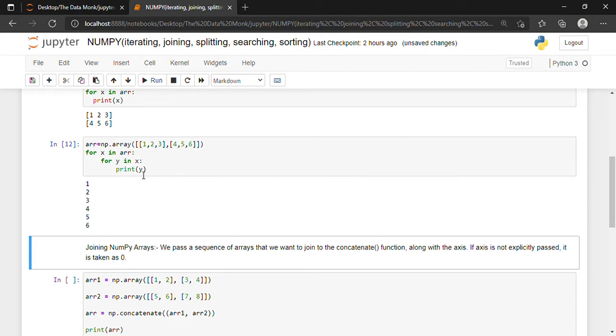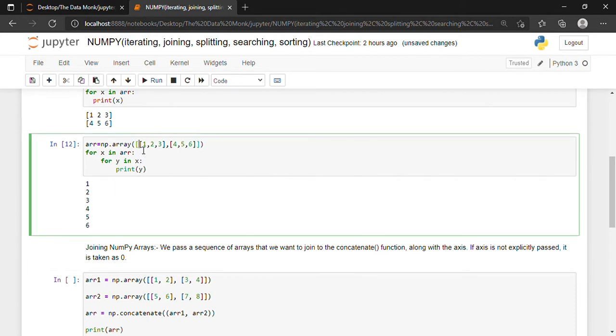So first the inner for loop will finish working and then the outer for loop will increase. So the value of y now becomes 1 and 2 gets printed. The value of y now becomes 2 and 3 gets printed. Then after printing 1, 2, 3, the value of x becomes 1, so it will print 4, 5 and 6. Alright.